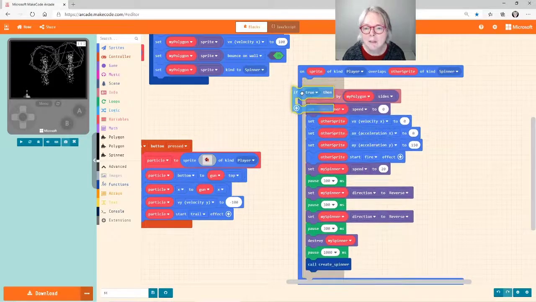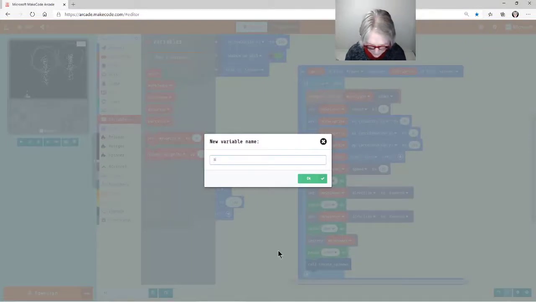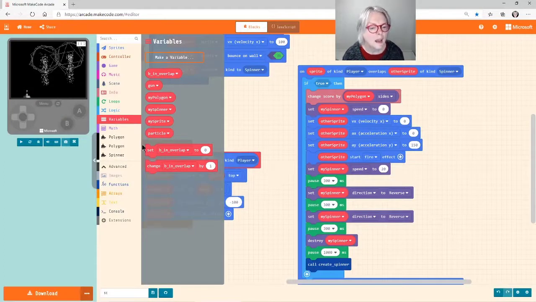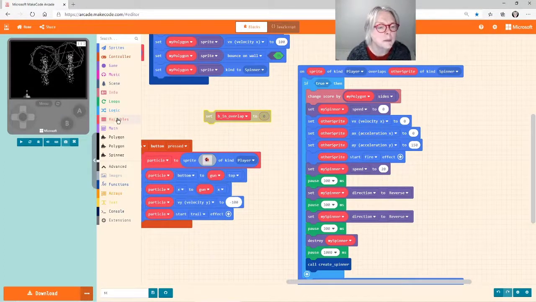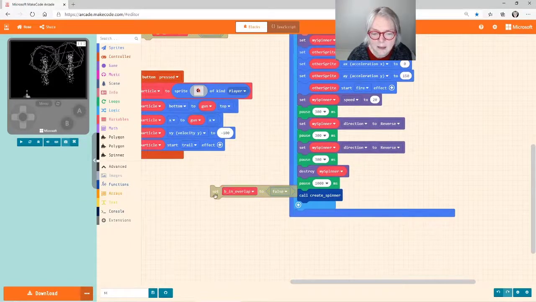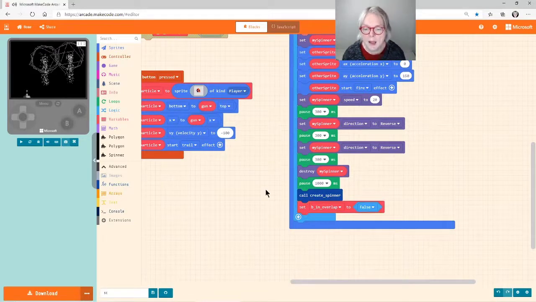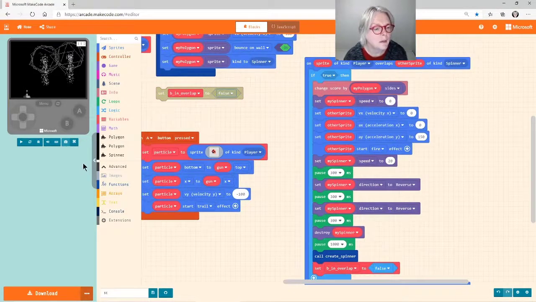we're going to give us a nice if statement around this whole thing, and we're going to make a variable called in overlap. And we're going to set in overlap to false when we start. So I'll put that up in the start in just a minute. And it'll be the last thing I do when we leave. And here we're going to test for it. Well, actually, we're going to set it to true, the first thing